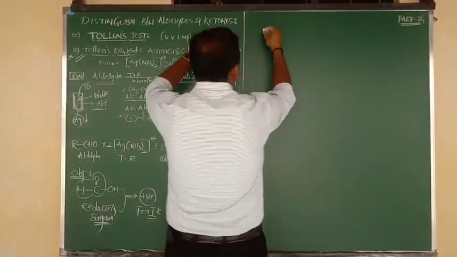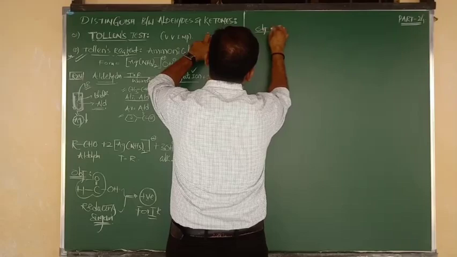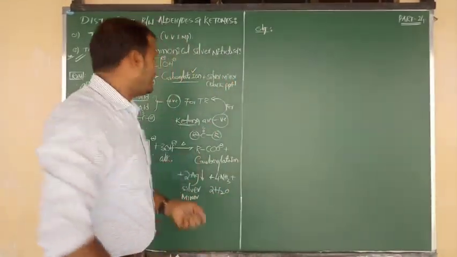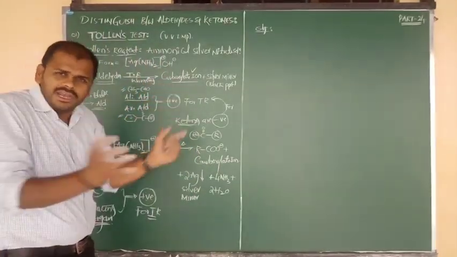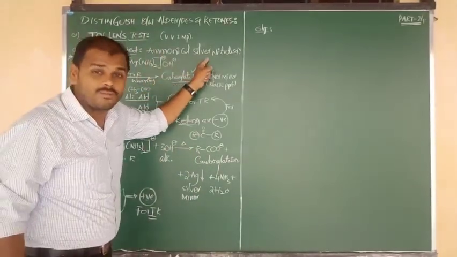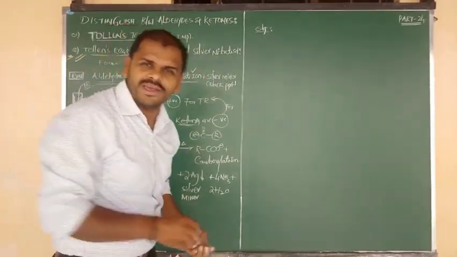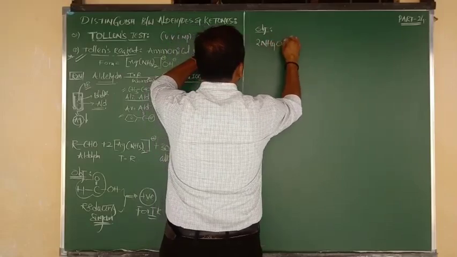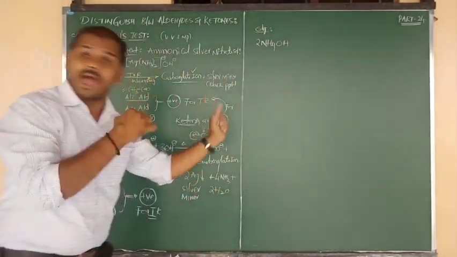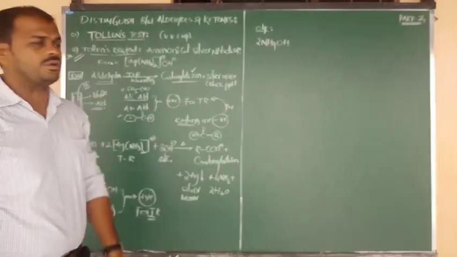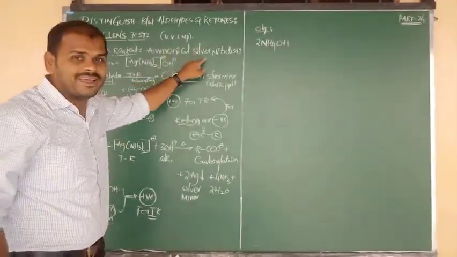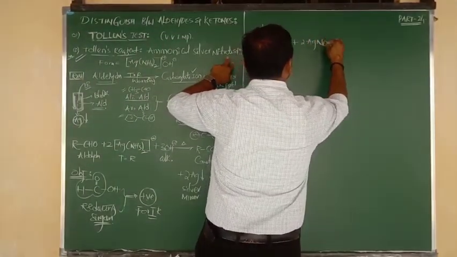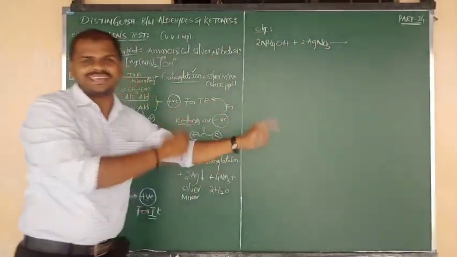Next, I am going to tell you something that is also only for objective point of view, beta. What is the exact formula? This is the overall final formula. But initially, as per the definition, what will be the formula? Ammoniacal means ammonia solution. What is the formula of ammonia solution? NH4OH. This is called ammoniacal. To that ammonia solution, we are adding silver nitrate, 2 moles of AgNO3. Actually, this is the mixture called Tollens reagent.